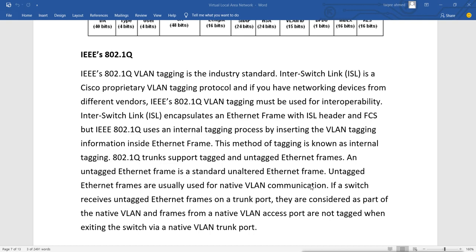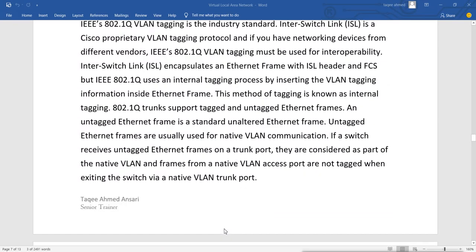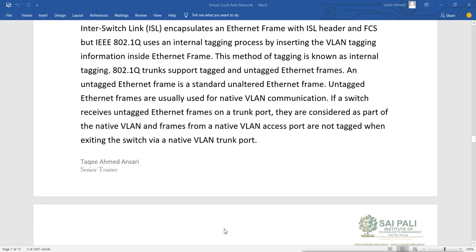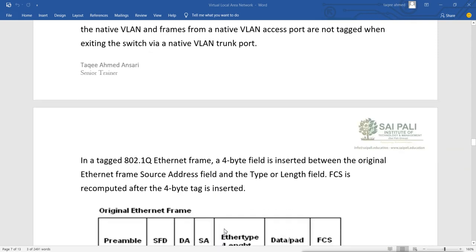If a switch receives untagged Ethernet frames on a trunk port, they are considered part of the native VLAN, and frames from the native VLAN access port are not tagged when exiting the switch via a native VLAN trunk port. That means whatever VLAN 1 data comes and goes on the trunk port will remain untagged.